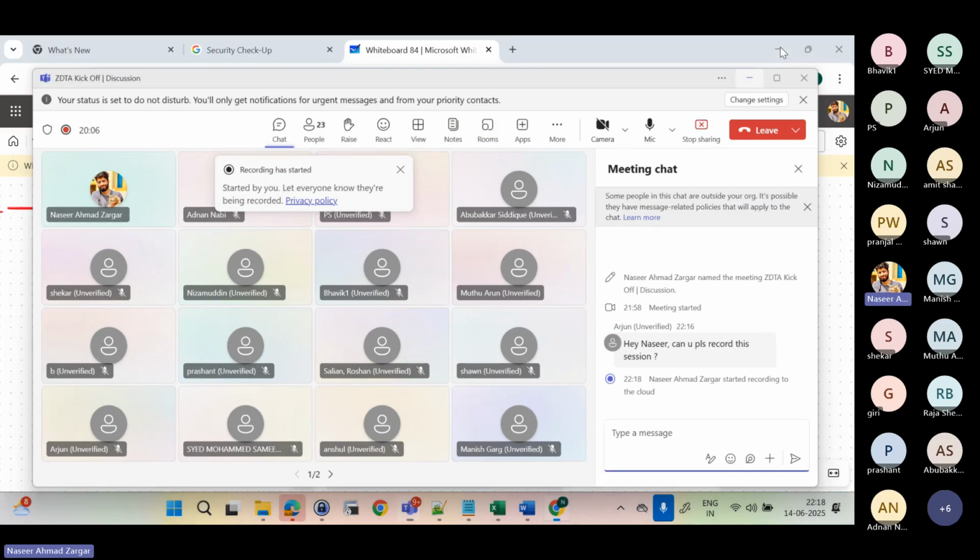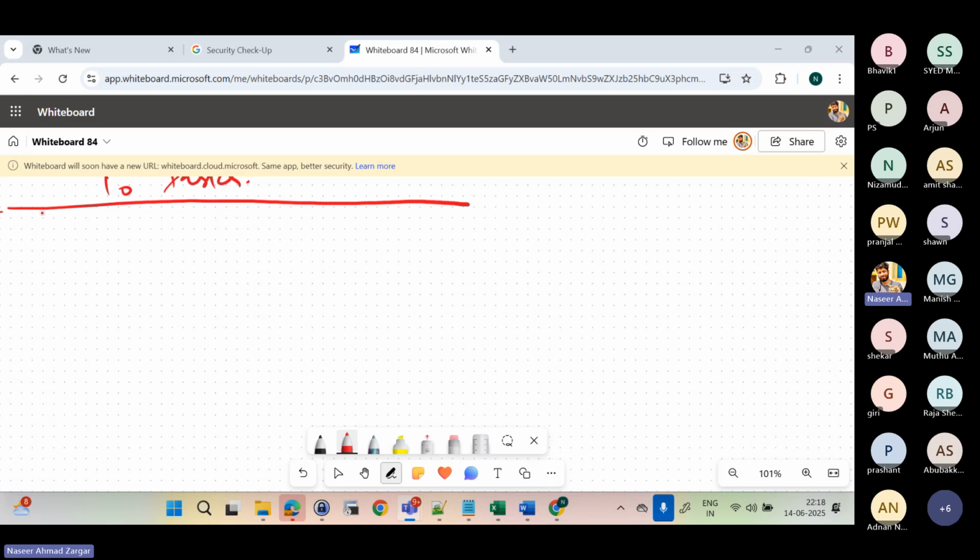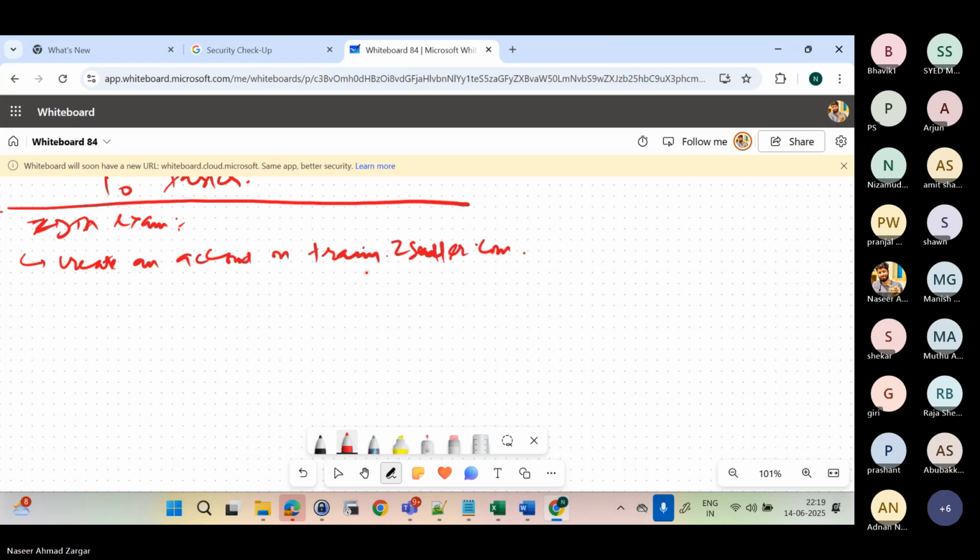Okay. No question. So I was talking about the ZDTA exam, a very basic exam of Zscaler. How you basically kickstart this particular exam is you're going to get or create an account on training.zscaler.com. And once you have created an account there, what you do is you search for the EDU 200,